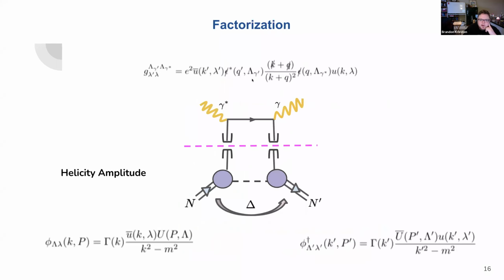And so what we can do is we can sort of separate this object into three pieces. One vertex here, which is described like this, one vertex, the Compton scattering amplitude up here, which is your normal QED process, and then another initial state vertex. And this is all done through the language of helicity amplitudes. So we take into account the proton and quark helicities here.